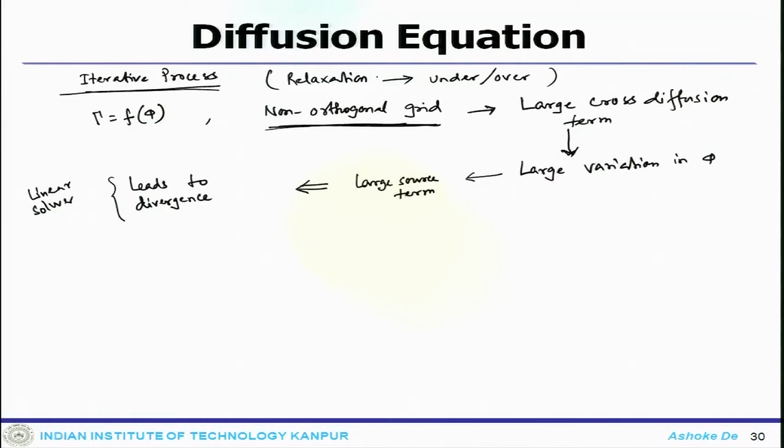If you have a very skewed or non-orthogonal grid, it can lead to a cross diffusion term. The cross diffusion term can lead to large variation of the variable across the cell, and large variation leads to a steep source term, which can lead to the divergence of the solver, and that essentially